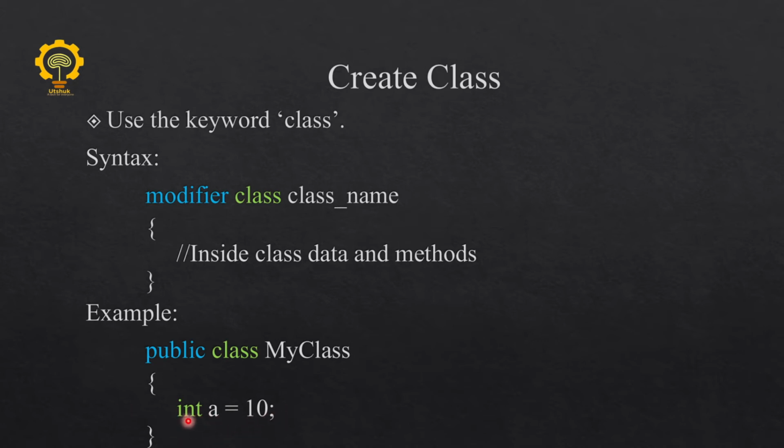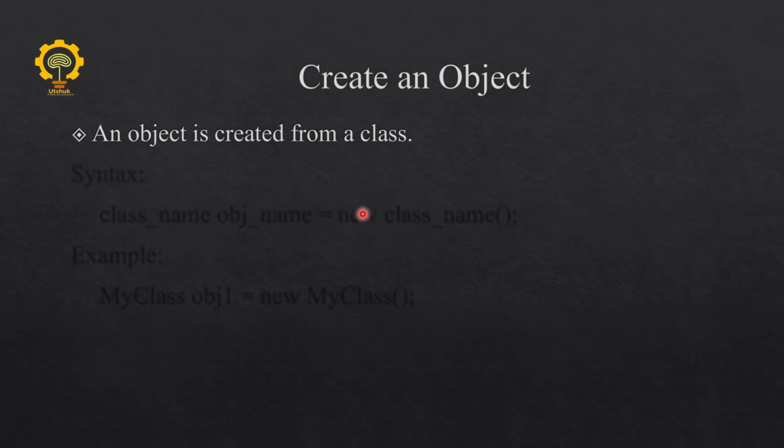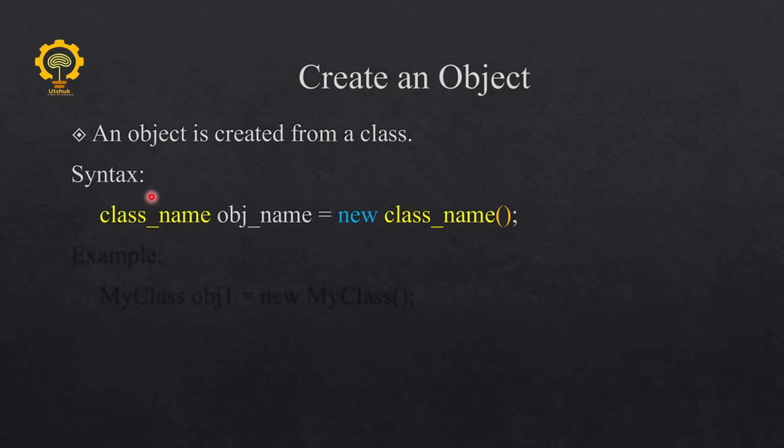This is going to be a private one, and we can even add the method inside the class. So, creating an object. Let's see how to create an object so that we can access the functionality of the class. This is the syntax for an object. An object is defined the same way we define a variable, like here is a class name.